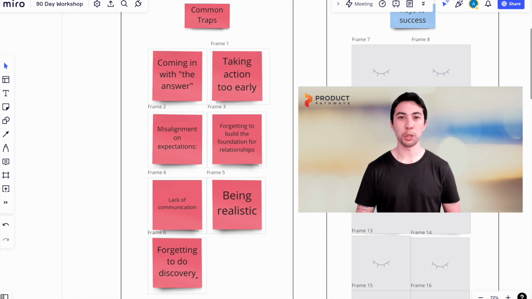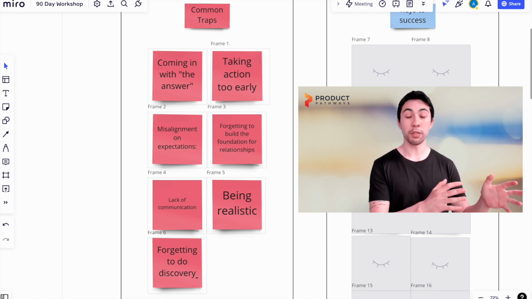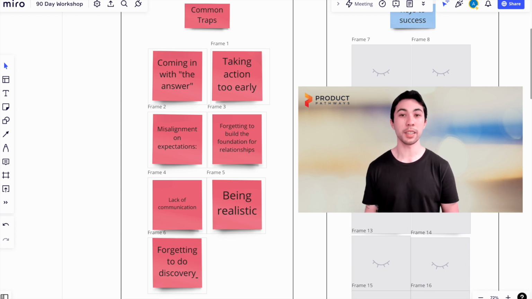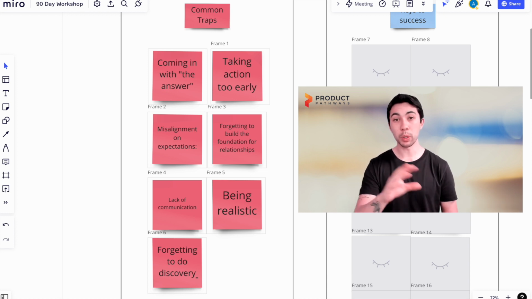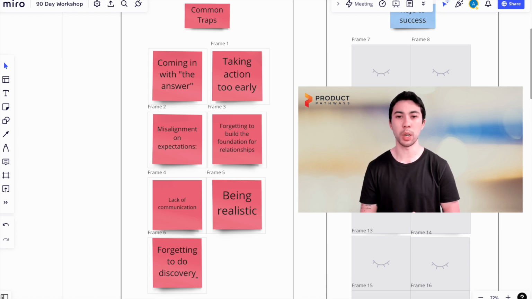Remember not to take action too early. Spend at least the first 2 to 4 weeks, and we'll get into this deeper when we start to structure our first sprint, focused all on learning. Try to use that time and avoid taking any action in that time. Remember, try to say no, push back and say, hey, I still want to learn. I want to spend some time understanding this, and we'll get into how to structure that as well.